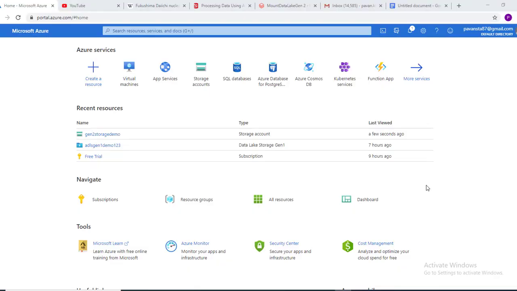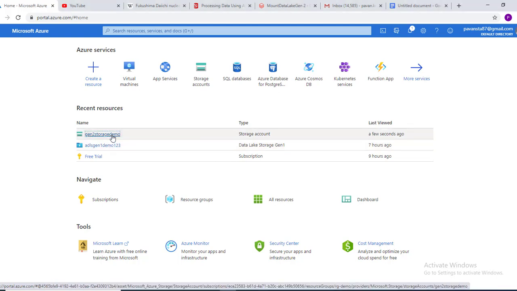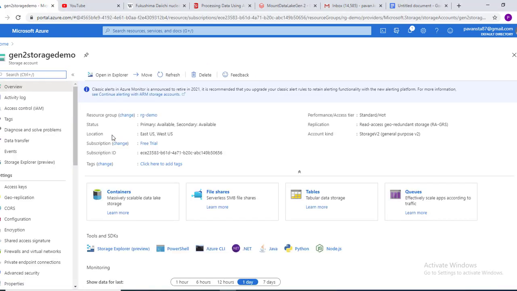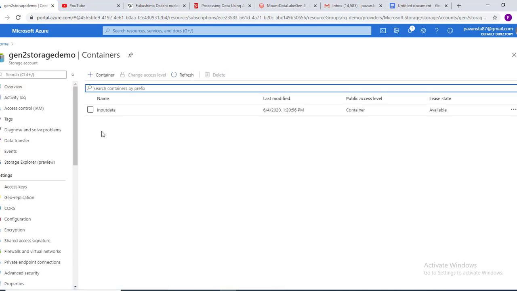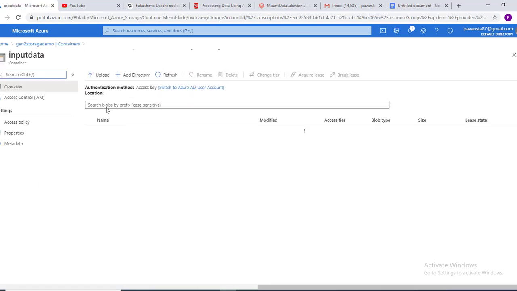I have created a Data Lake Gen 2 account and a Data Lake Gen 1 account. So the first thing I'll do is upload an input file having some data into a container. In this container, I'll upload a CSV file.